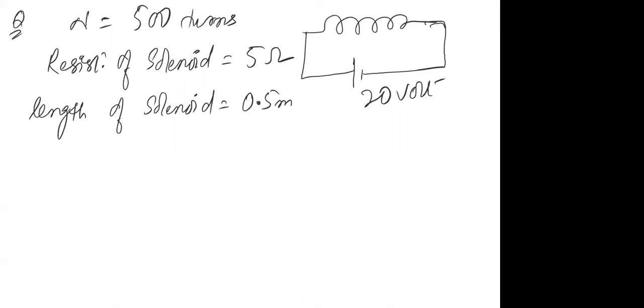Okay, so this is the length of the solenoid. I've given you the resistance, the voltage of the cell which is connected across the solenoid, and the total number of turns. Now what I'm asking is simple. You have to find out the magnetic field. B stands for magnetic field. Please try to understand. The formula that we have for magnetic field is mu naught n into I. This is the formula for magnetic field.